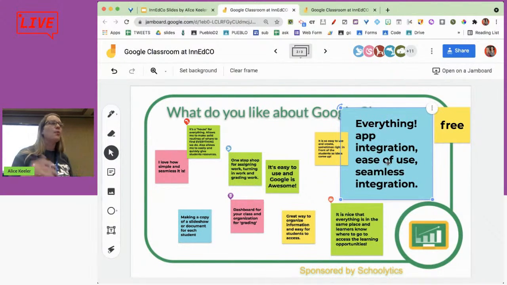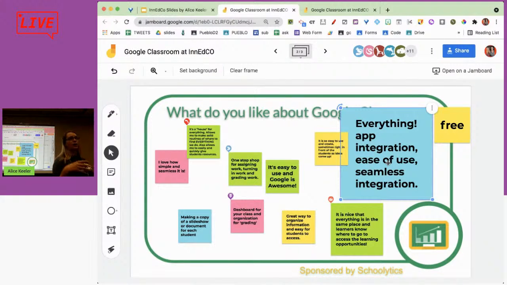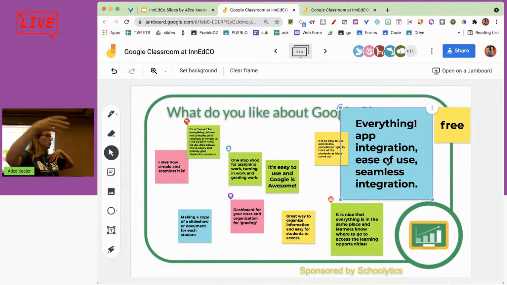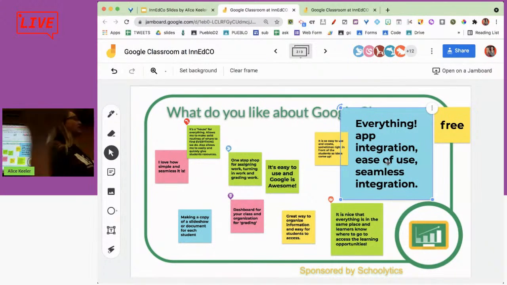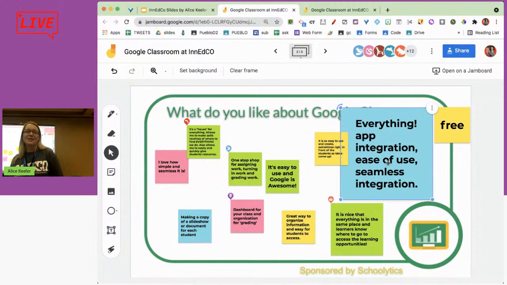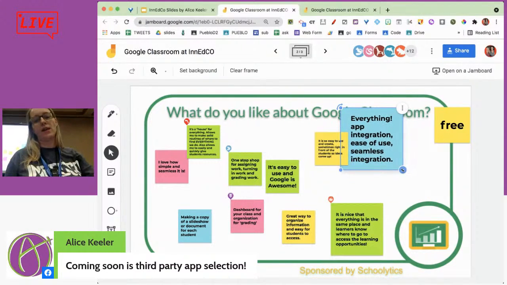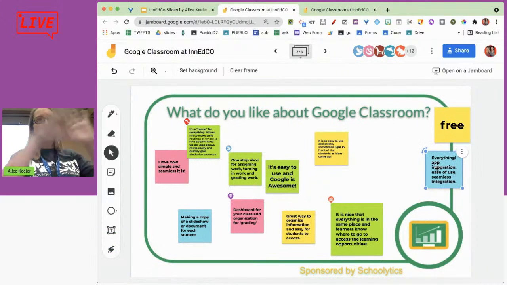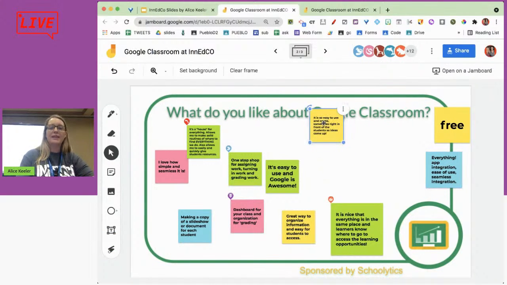So coming soon is more app integration, where they're going to be adding third-party apps into there. So when you do the add button, right now you can add from Google Drive, you can add a file, and soon you'll be able to just add Kahoot and some of the other different things. So I emailed them and I said, hey, I'm a Google certified innovator. I'm a Google developer expert. I code Google add-ons, Google Classroom add-ons. I got like a ton of them. And I said, can I get in on the beta? And they acted like they never heard of me before. So they said, no. Okay, whatever. So when they open it up to allow anybody to do it, then I will probably make some fun things.